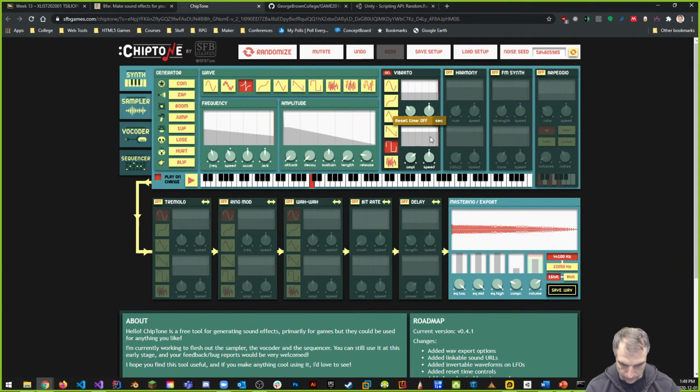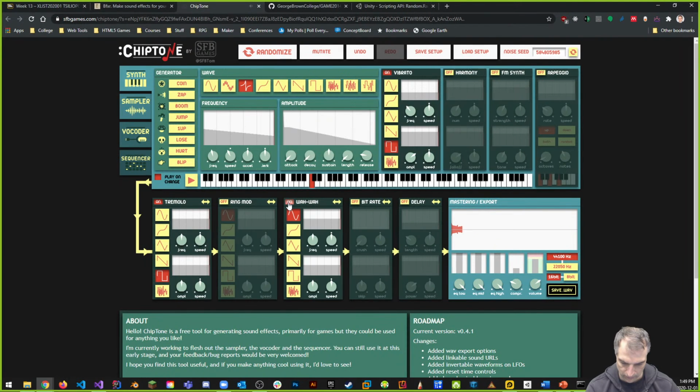Maybe that one. Maybe what I'll do is I'll add some additional things. You can turn on harmony, or tremolo's not bad. Let's see if I make a square wave. It's not bad. Ring. No. Kind of like that. Alright, that's just me. I'm choosing this weird wave that sounds like, right? Let's play that again. So